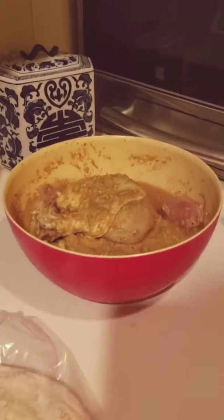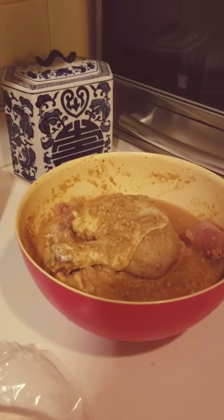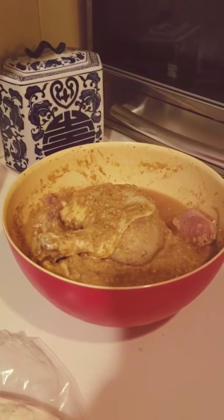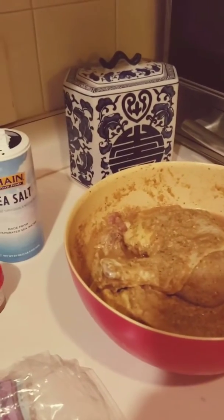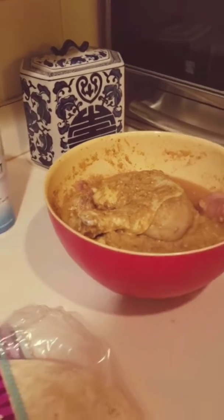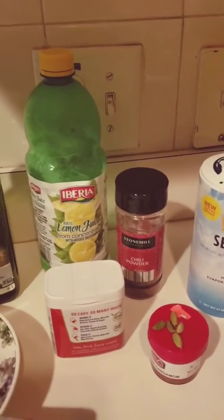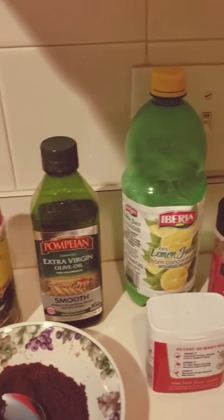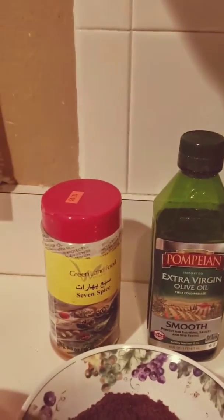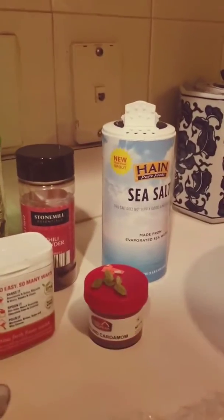We need chicken. I'm using chicken legs, but my chicken is marinated because I already have marinated chicken, but you don't have to marinate it. The amount is up to you. If one chicken, 5 chicken legs. And then I need sea salt, chili pepper, lemon juice, olive oil, any olive oil, 7 spices, 5 or 4